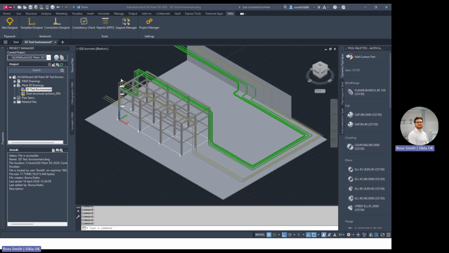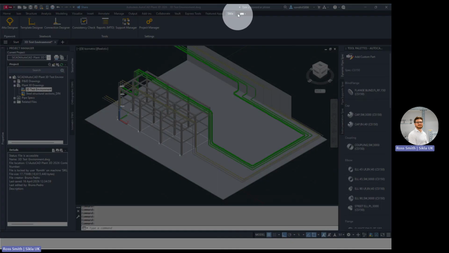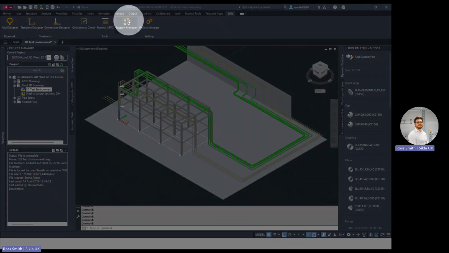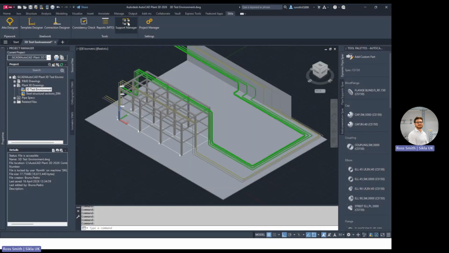So one crucial thing that you do need to load first, once you have correctly installed the Sikla plugin, you'll have a Sikla tab within your workspace within Plant 3D. The difference to this plugin when compared to our Aveva E3D plugin is Support Manager. And when I open Support Manager,